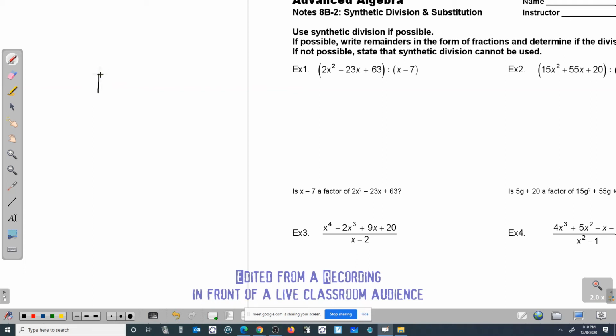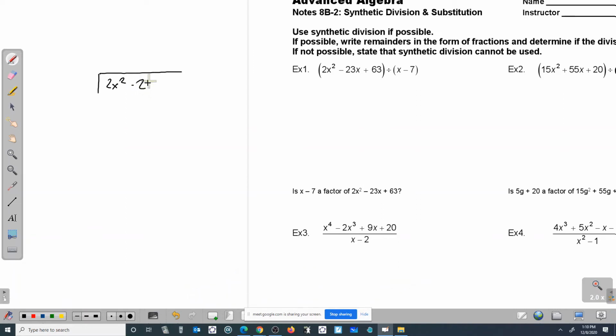So over here, I'm going to do the long division. You do not need to write this down. It is more for, again, understanding what's going on. I'm going to take 2x squared minus 23x plus 63, and I would like to divide x minus 7 into